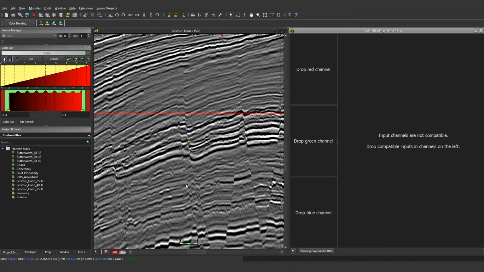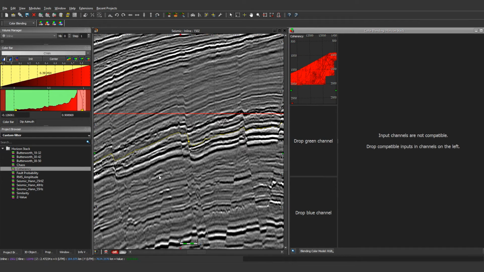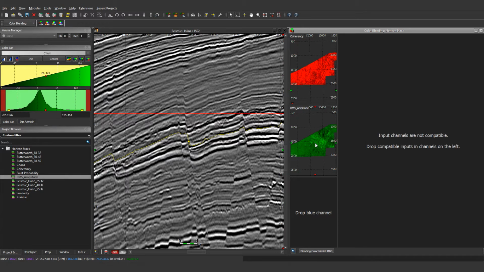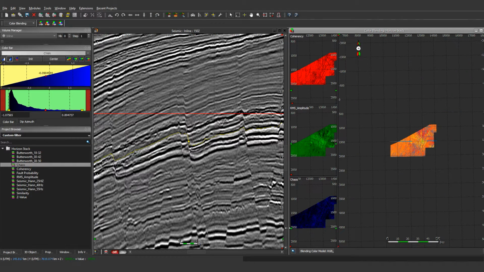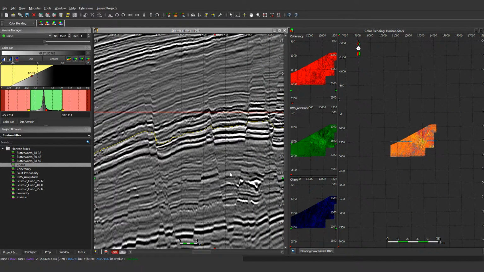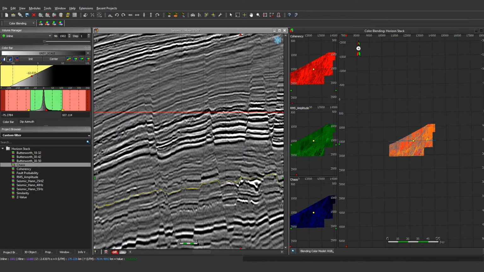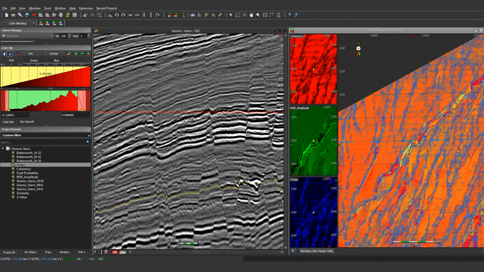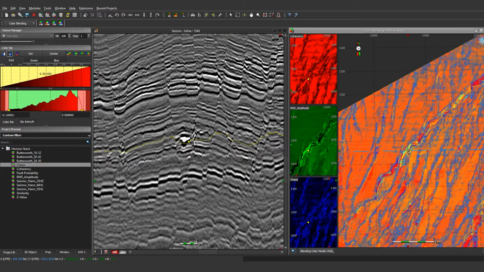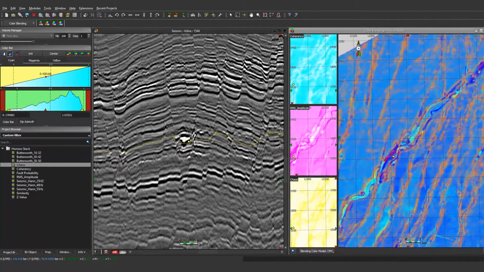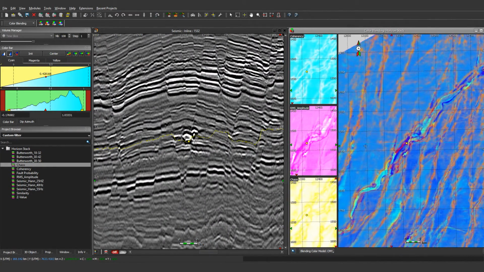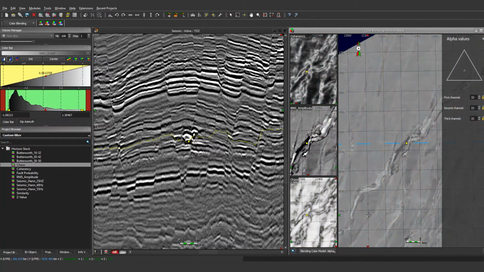Another way to analyze the data is to do it onto the horizon stack. So you can apply the same decomposition by just putting as input the different horizon stack with different attributes. In this specific case, we're going to look at the coherency, the RMS amplitude, and the chaos, for instance. And what is interesting here is that you look at this decomposition onto each surface, and you can move continuously through the different horizons and go directly to this reservoir level. Now I'm switching back to my CMY mode, where you can clearly see, of course, the channel, which is highlighted by this decomposition. And also you can see the main faults.